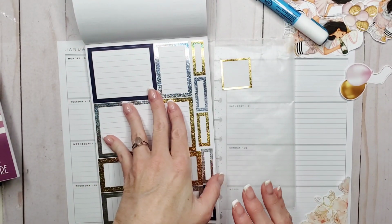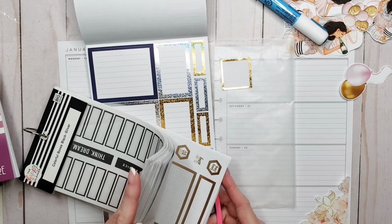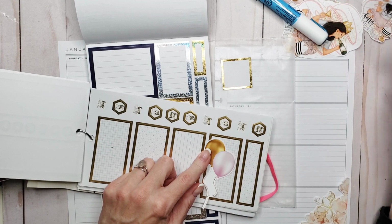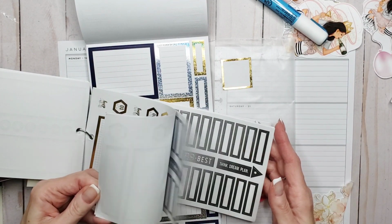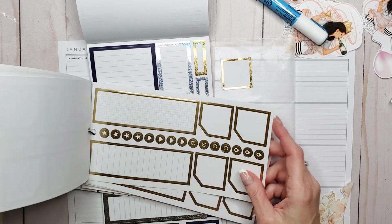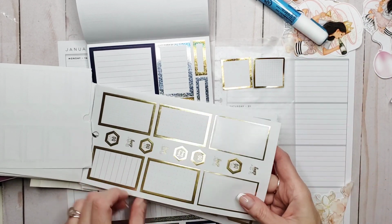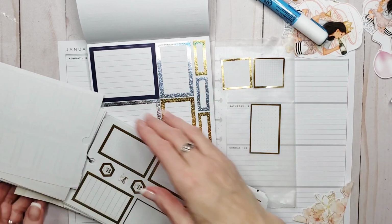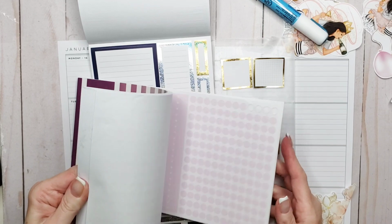Just be forewarned. Now, I'm on the fence because the gold in colorful boxes is a bit more muted than this, right? It matches this really well, but that matches that. So I think we're going to do a little bit of each, just because I have the stuff to be able to do that. We'll take that out because that needs to be used. And I think we will grab one of those because that gives me options. I can lay it horizontal or vertical. Move it off to the side, and then we're going to go into the pink boxes